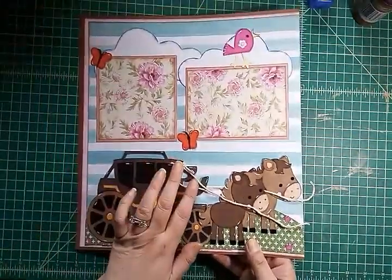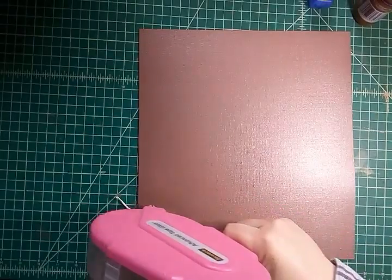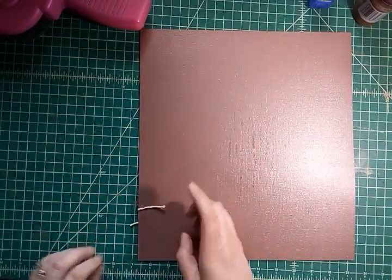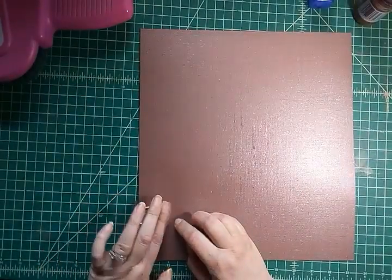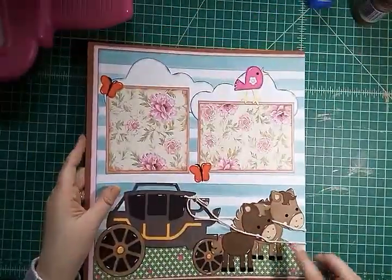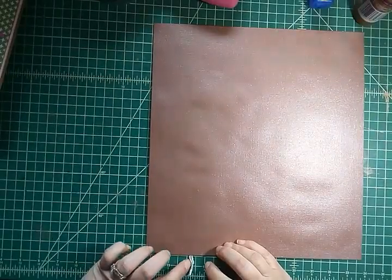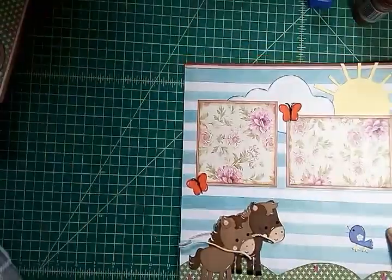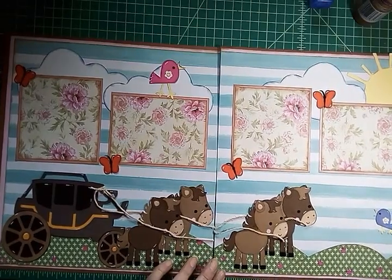Okay, and then I'm going to flip this one over. And I should have brought my masking or my regular tape up here. I forgot. So I will probably go over this with tape later. But just to show you, I'm going to attach these right to the back. Okay. And then bring this one in and do the same thing. Fold them over. Alright, so that is my double 12 by 12 layout stagecoach, and how I attached,